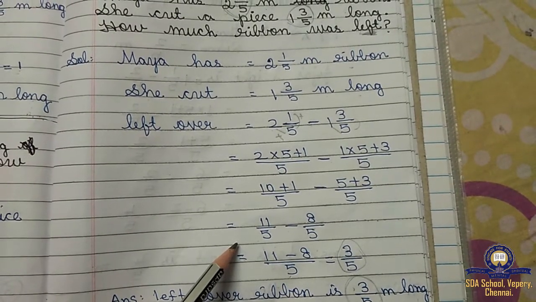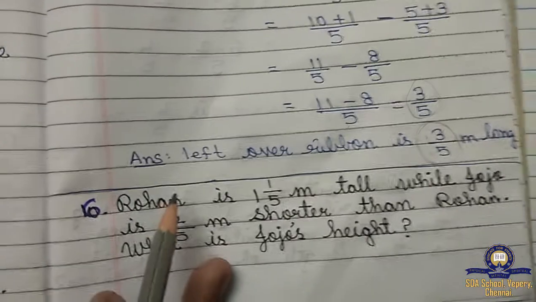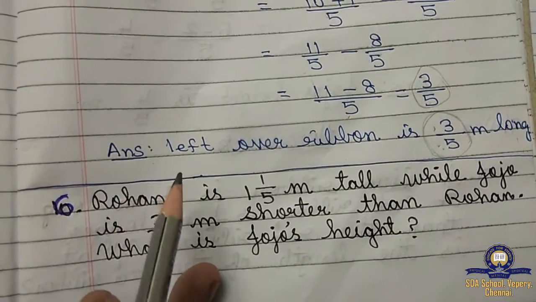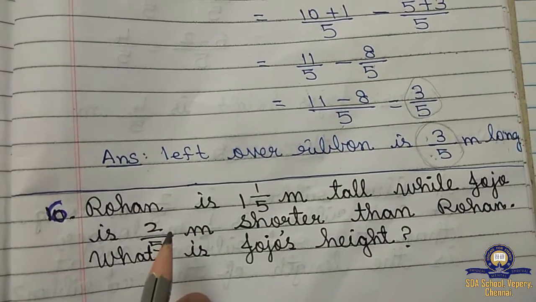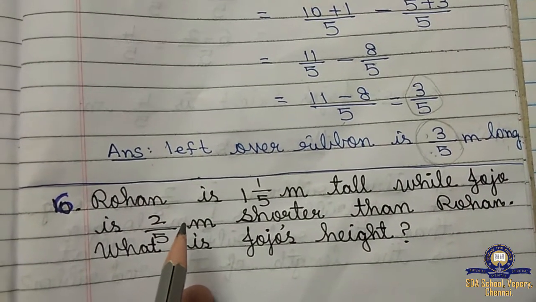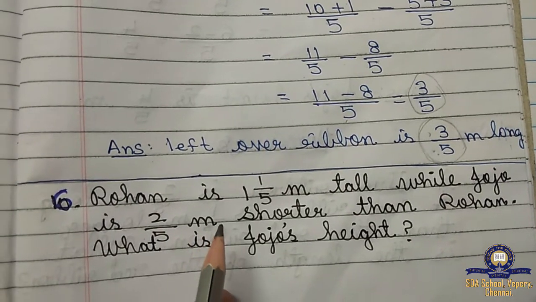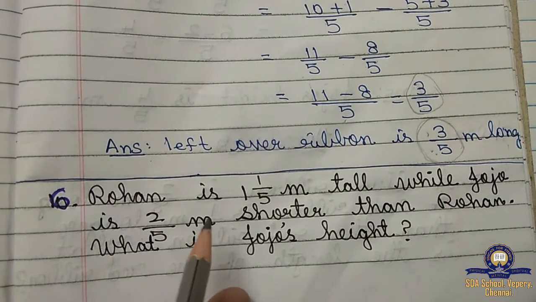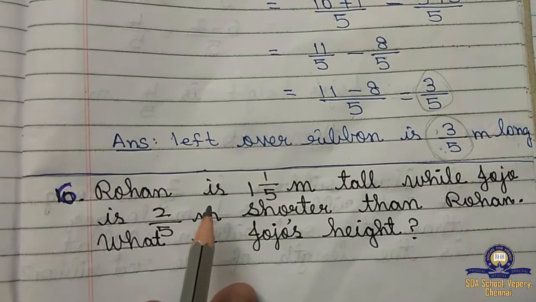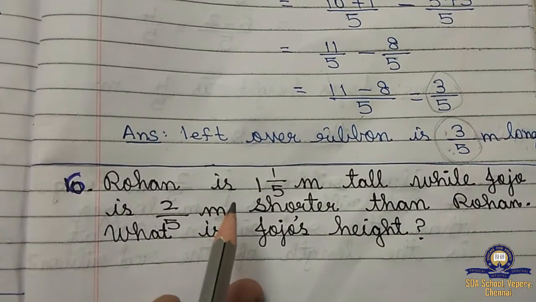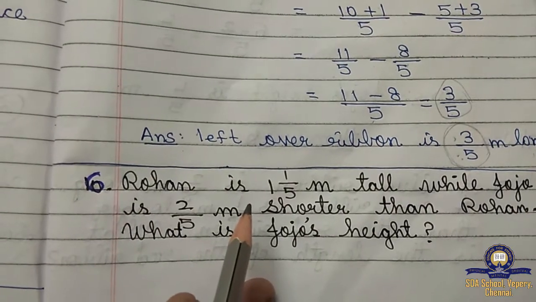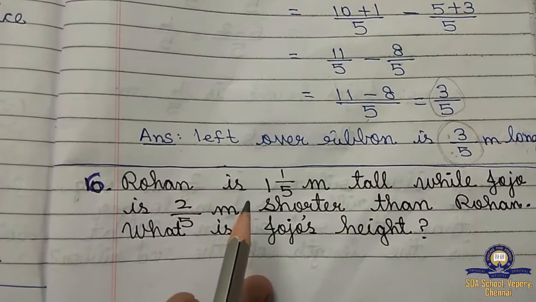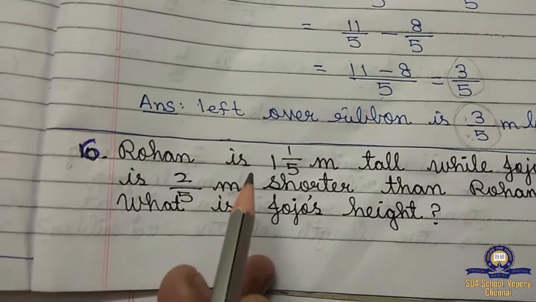Okay, children. We'll move on to the sixth sum. See, in the book, don't look at what you have to do in the book. I have selected some sums and given them. Don't think I left out this sum, like that. No need to think. What I have given in these word sums is enough. If you want, you can do it in your rough note and practice. In the book they have given more sums, so I have selected and given only 6 sums and 1 homework.